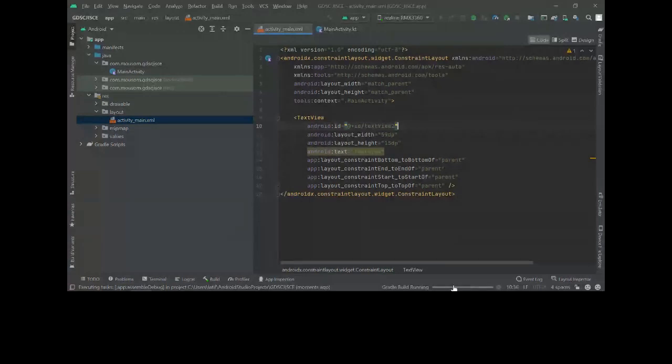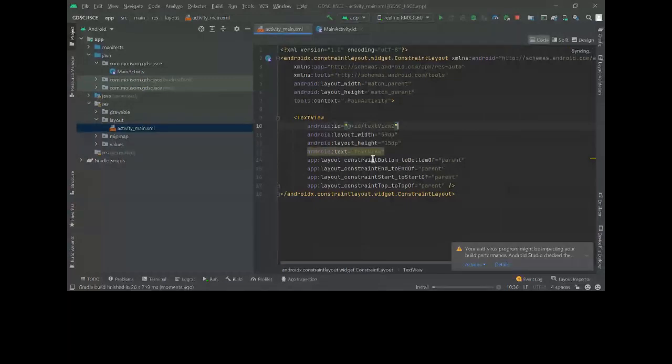So just wait a little bit, and if you have a Mi phone, it may prompt you on your phone asking whether you want to install the app or not. Just allow everything, and your first application will be installed on your phone. It will automatically open the app, and you can see what you have written in the text box.